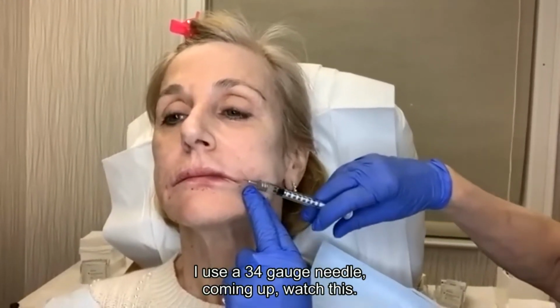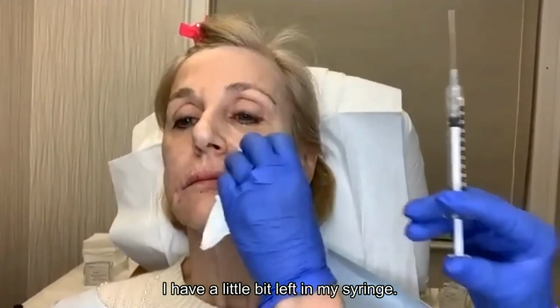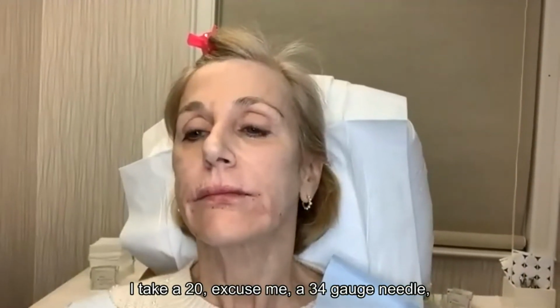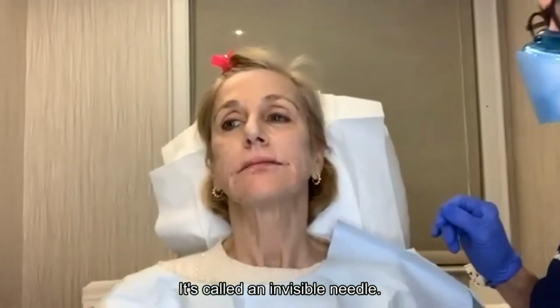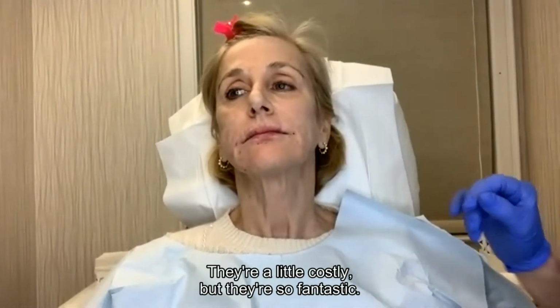I use a 34 gauge needle coming up. Watch this. I have a little bit left in my syringe. I take a 34 gauge needle. Don't worry about the lump, I'm going to massage it. They're called an invisible needle. They're a little costly, but they're so fantastic. And then